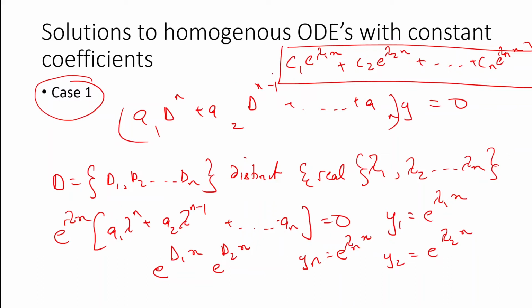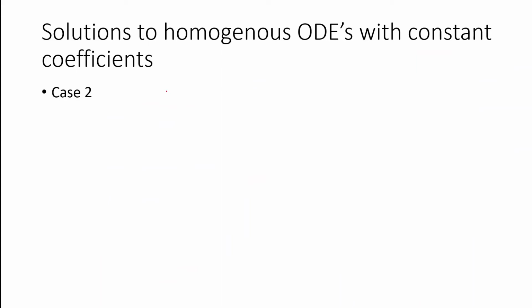That's case 1. Case 2: if for some reason the auxiliary equation has roots which are equal, some roots are equal, all roots are equal, we don't know. So if there are n roots and k of them are equal, let's assume k roots are equal and there are n roots, or we can even consider that n roots are there and there are some m tuples of k equal roots.